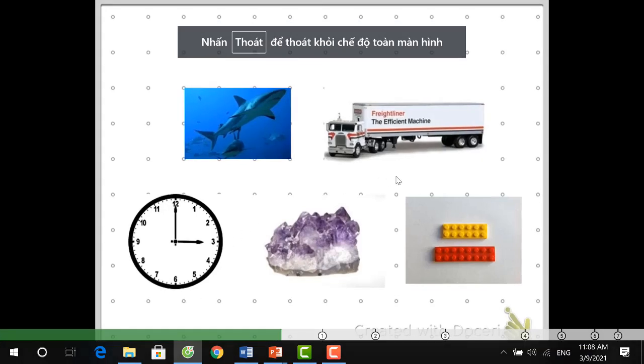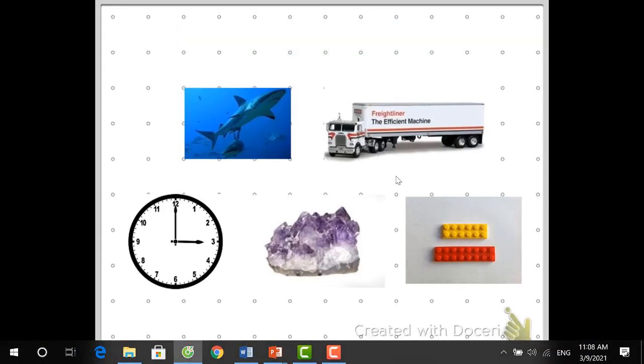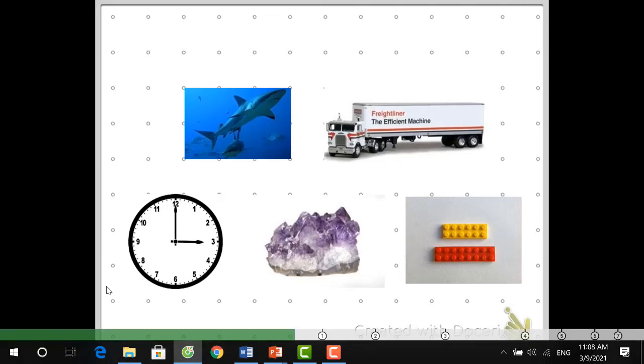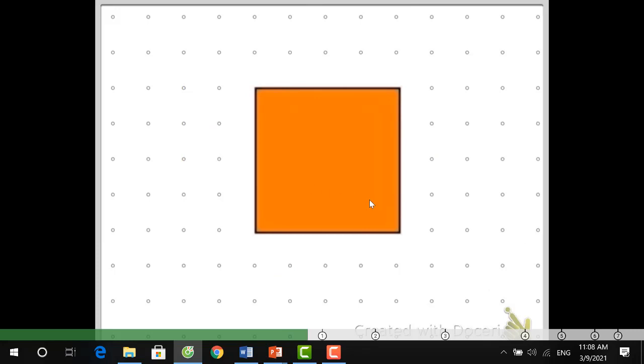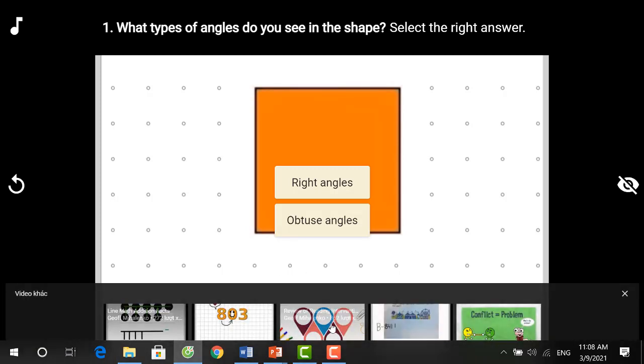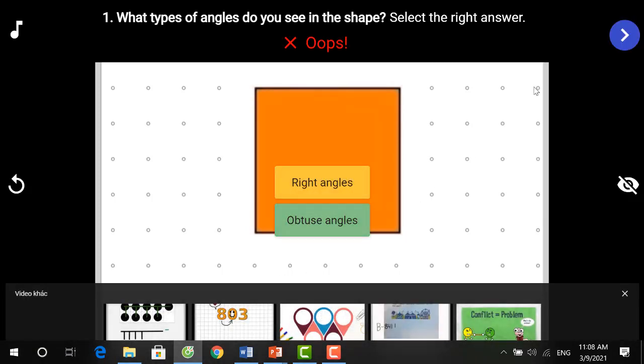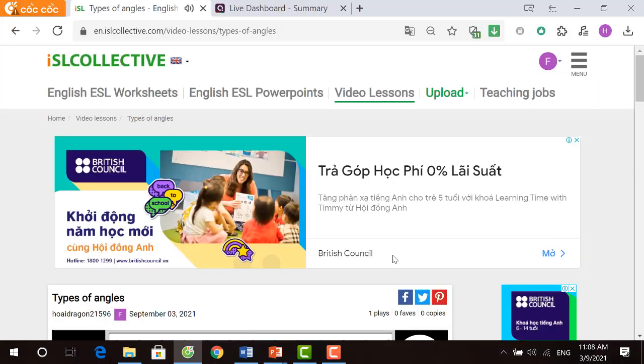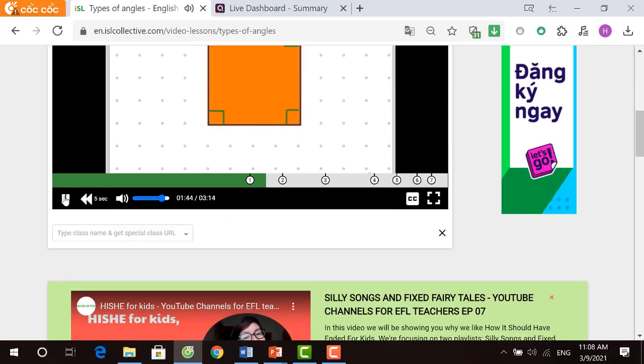Since shapes are made from line segments and their lines meet or intersect, then it makes sense that shapes have angles. Look at the square. What types of angles do you see in the shape? A square has 4 right angles. Each angle measures 90 degrees and looks like the